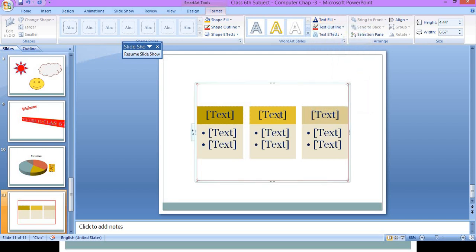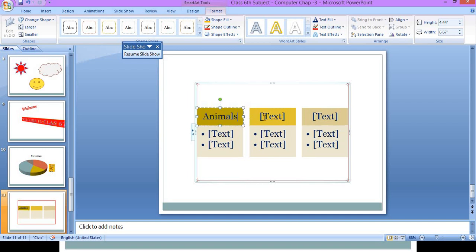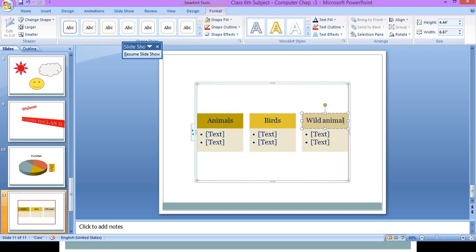So here suppose I am typing animals, birds, here wild animals. So here we can use this for presenting our special information in front of others.